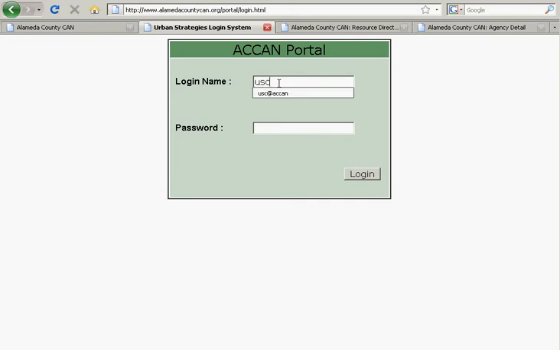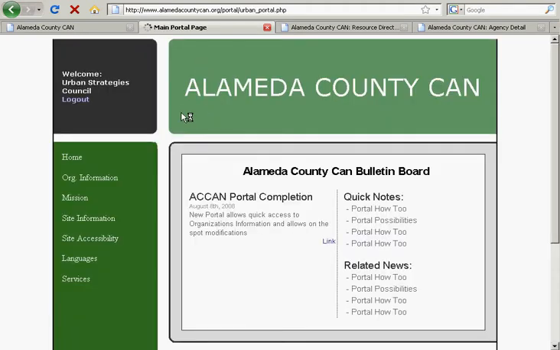Everyone will have been provided with a logon relative to each organization. You just type in your username, and it's not case sensitive, and then your password. Again, the password is case sensitive. Type in your password and hit login or hit enter, and that will take you through to the first page